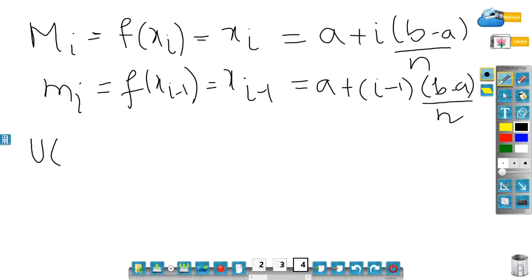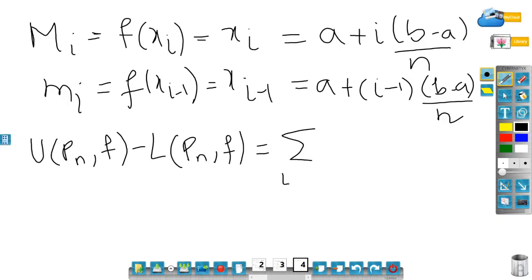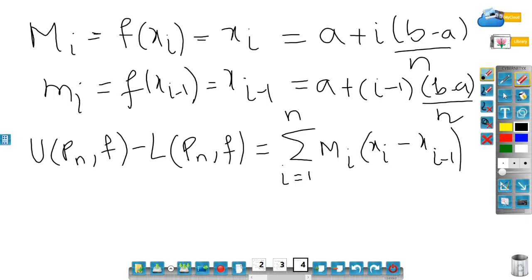So let me find out now UPNF minus LPNF, which is the same as summation i goes from 1 to n of capital Mi times (xi minus xi minus 1), minus summation i goes from 1 to n